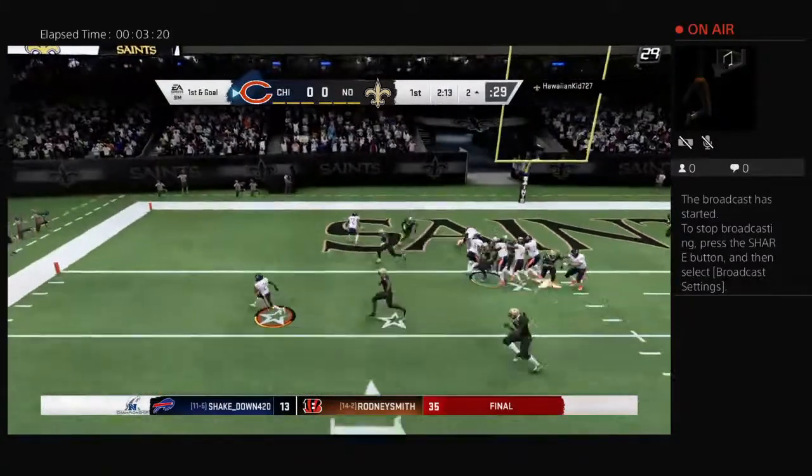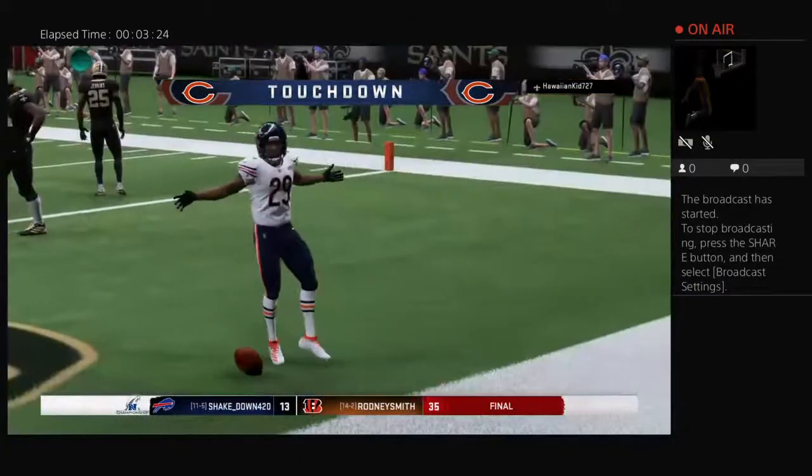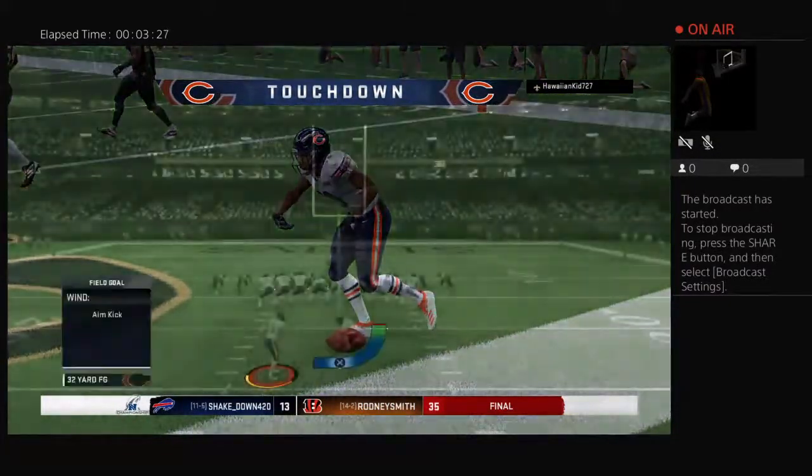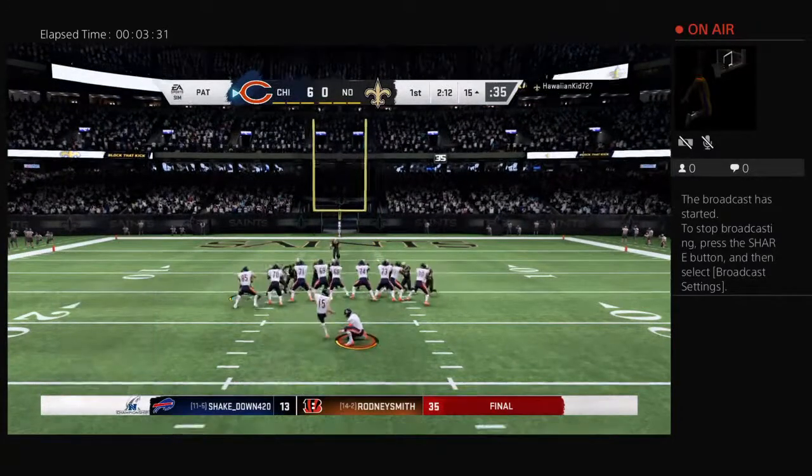This is Cohen on the toss. And he'll get into the end zone. Touchdown, Chicago. Taking it in from 2 yards out as his guys are able to strike first here in this